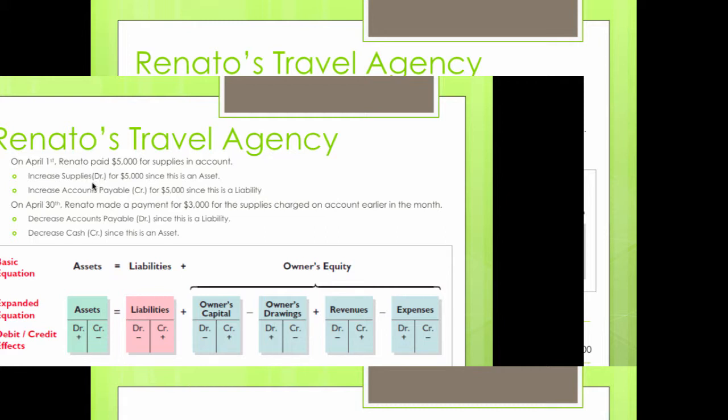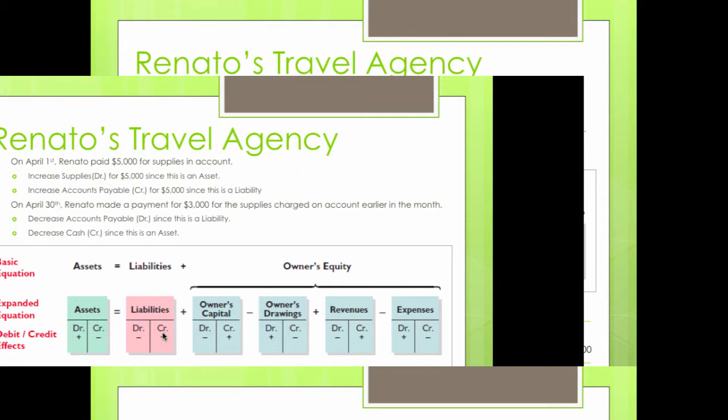And remember, one extra component of the ledger is a column for the balance. So you're going to be adding the date of the transaction and basically what you're going to be doing is posting the $5,000 on the debit side, the left side, and adding that in the ledger to find what that balance is. Now, when you are increasing accounts payable,